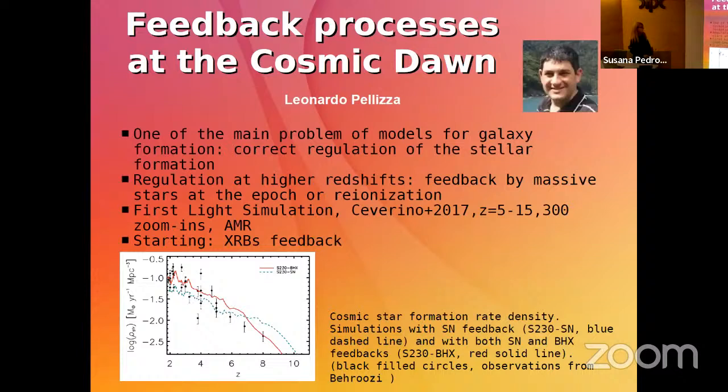And just to finish, as I said before, one of the main things in order to get realistic morphology is to be able to better regulate the star formation. We have, as I also told before, an overproduction of stars at redshift 0. So we need new and more effective feedback processes. We are using the supernova feedback, for example, but right now we are trying to see the feedback from X-ray binaries